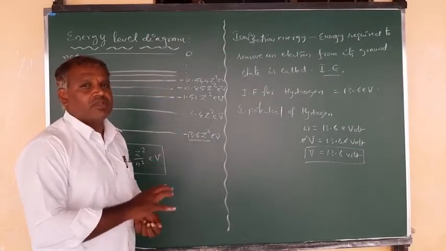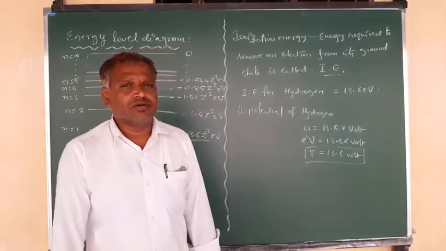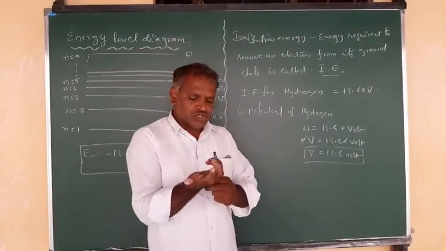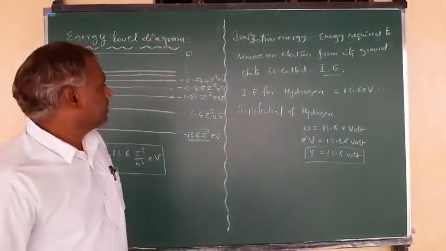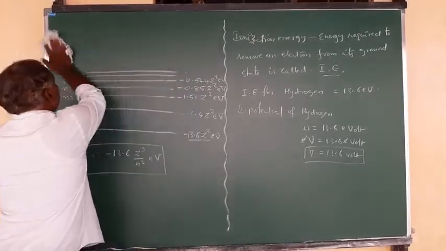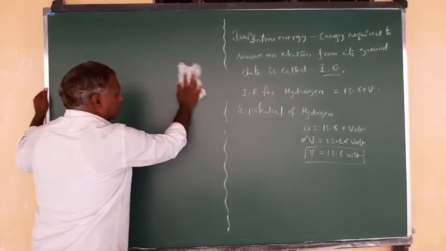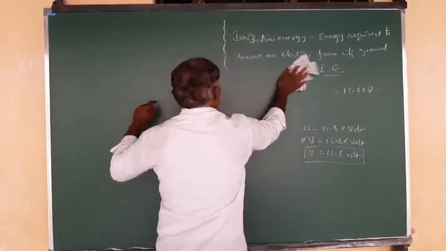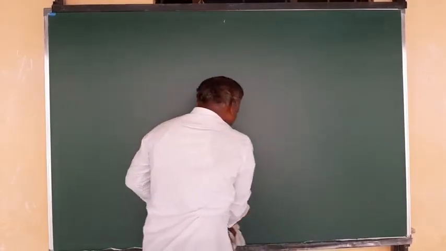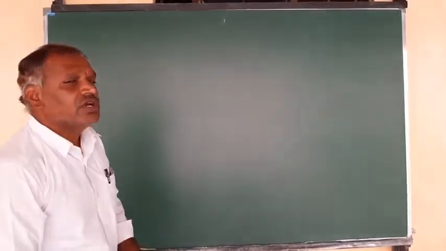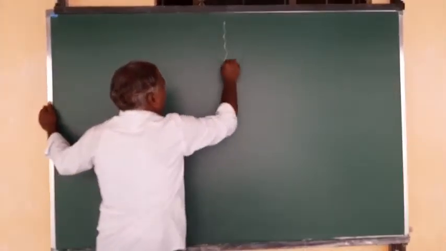So till now, whatever we have done are the energy calculations. Now we can go for the determination or calculation of the emission of line spectrum during the transition of electrons in this particular topic. Now we will see the emission of radiation, or emission of line spectrum, during the transition of electrons from higher energy to lower energy. What is the equation, what wavelengths are emitted, and under which type of electromagnetic region do those wavelengths come? That part we will see now.